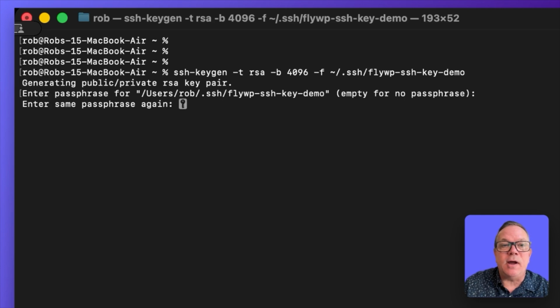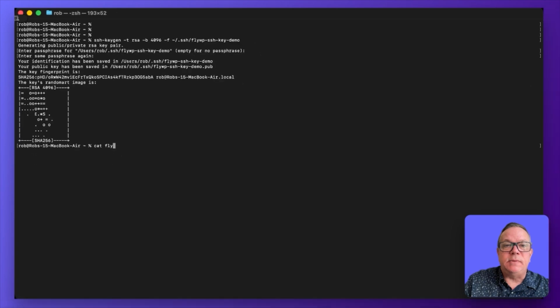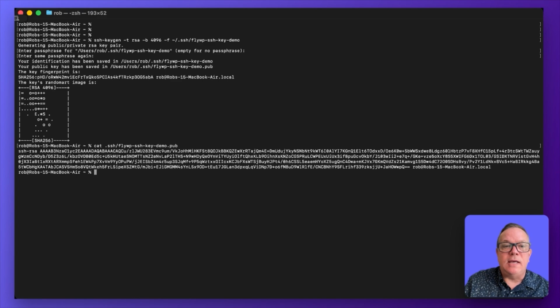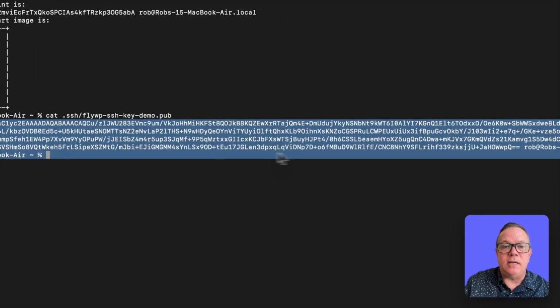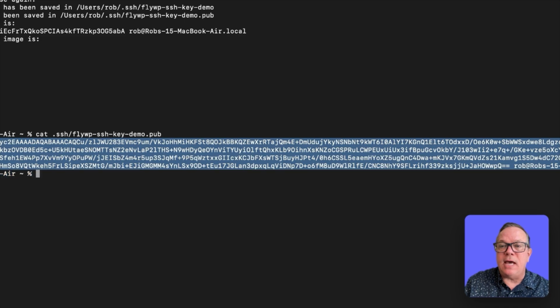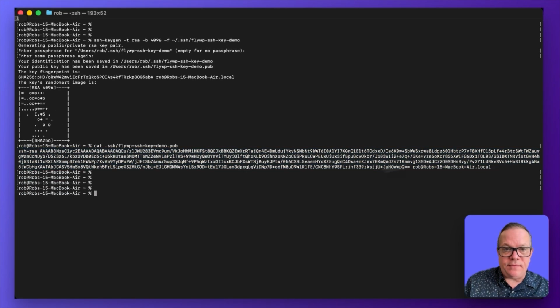So for this, when it prompts you for a passphrase, just hit enter twice. You don't need that to use on servers. And then what we'll do is we'll actually display the public key file here, and it'll be .pub. We can cat that. That basically uses the cat command to output it. And what you want to do is copy that whole thing, hit Control-C a couple times, and we've got that